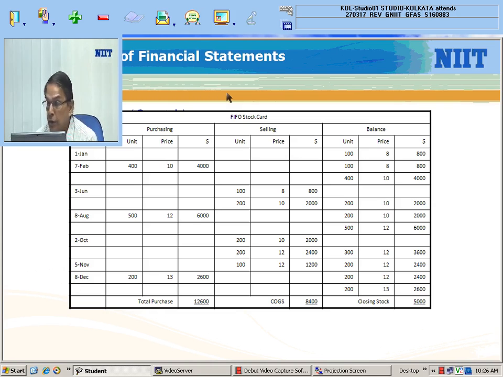So we are following the FIFO method here, first in, first out. So 300 units sold, of which 100 units are at 8 rupees, and 200 units at 10 rupees. That is the purchase price of those units. So what remains is basically